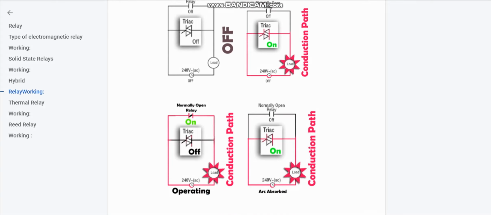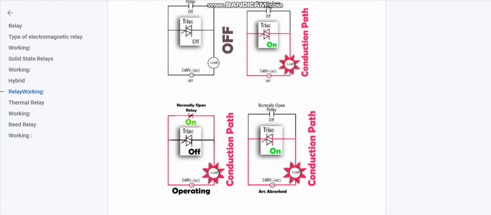Conduction state. At the end of the first cycle, the mechanical relay pulls in to carry the load for the duration of the on signal. The drive is turned off, so only the relay carries current. Turn off the state. When the signal from the microcontroller is given to turn off the load, first of all, the triac turns on and the electromechanical relay is turned off, and then the triac also turns off.